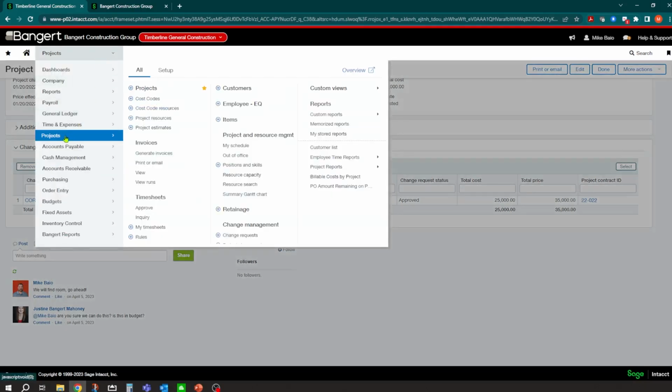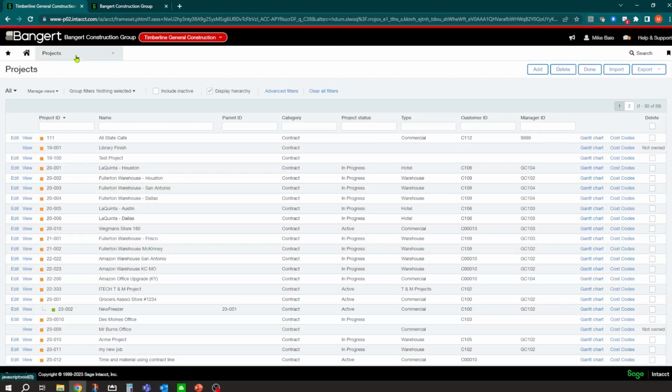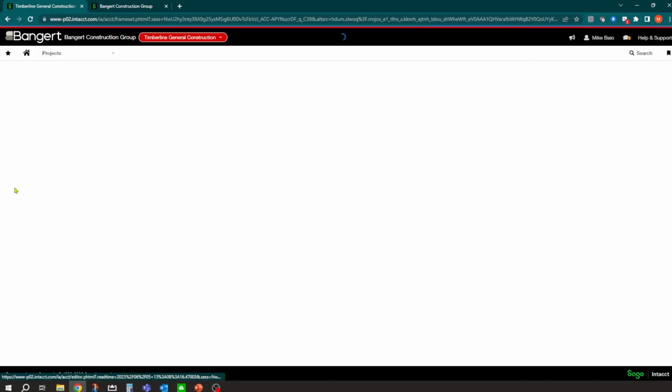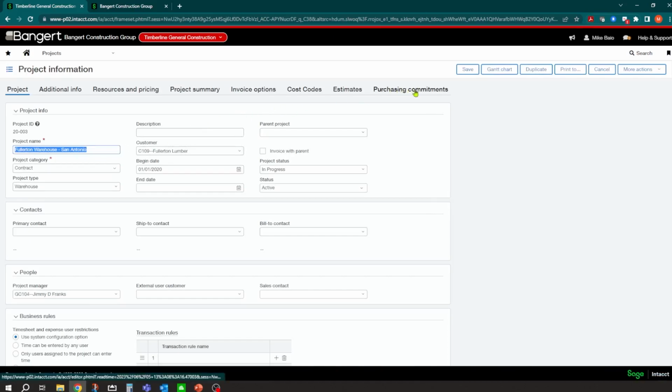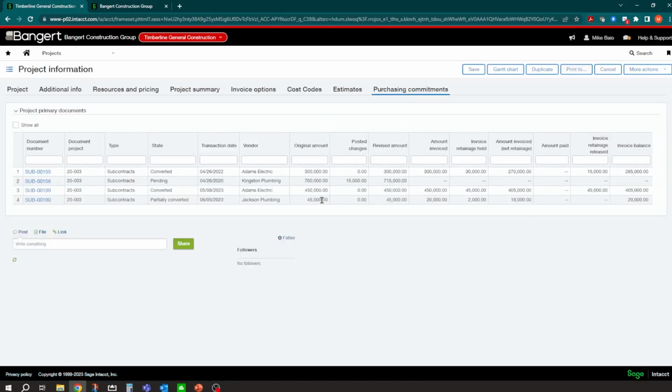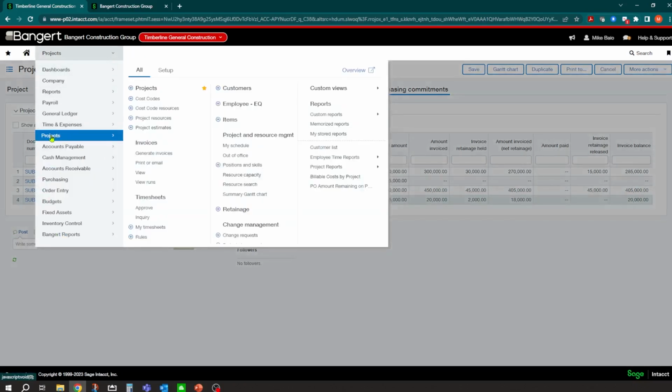So one thing to notice is now that we have the AP bill in the system, if we jump back over to the San Antonio project, you'll see now if we go over to purchasing and commitments that we should see on our line here, we have a partially converted commitment, we have an amount invoiced, and we have retainage held and nothing paid yet. Okay, so as this stuff is happening in the system, it'll track the progress here. You can also see that progress over in reports.